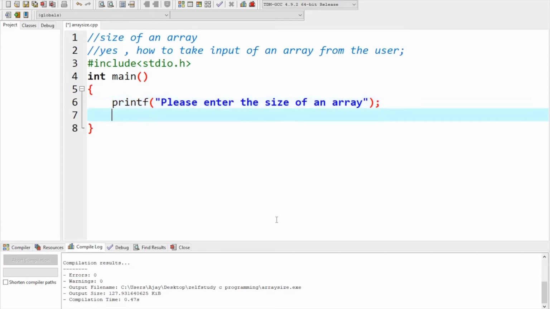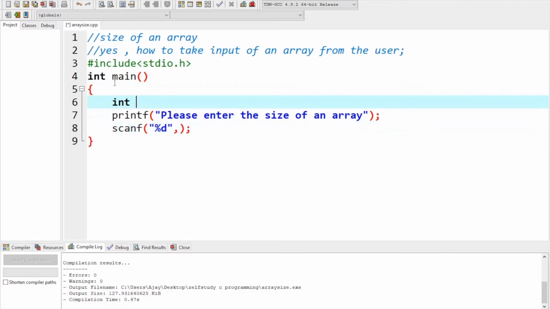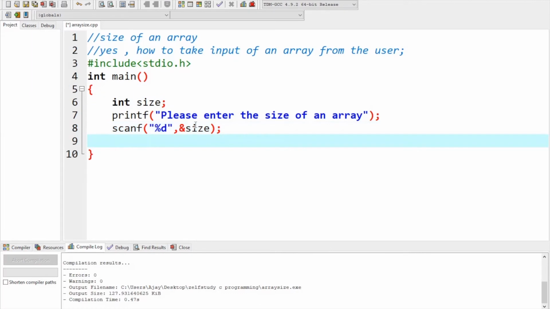Okay, so I'm going to scan this size. The size will obviously be an integer, right? So scanf, percentage d, since this is an integer, and I will store it inside an element called int size. I am going to store it at ampersand size. So the user will enter the size, and then I will print